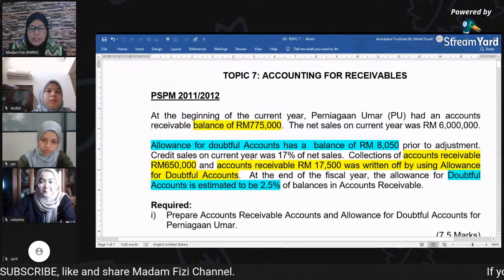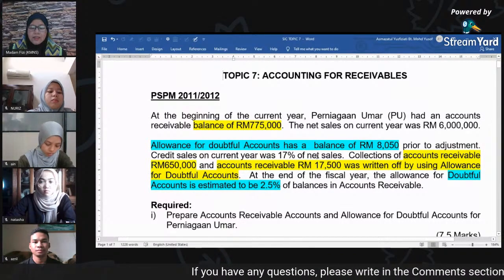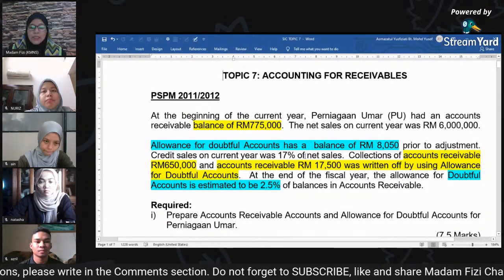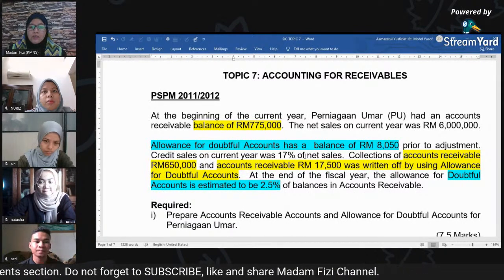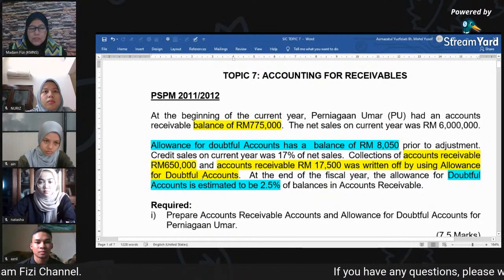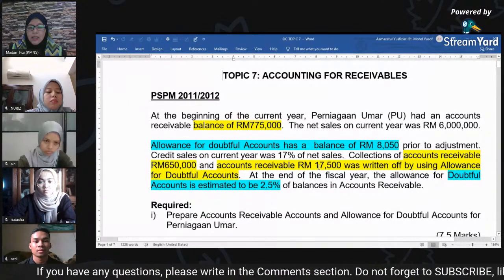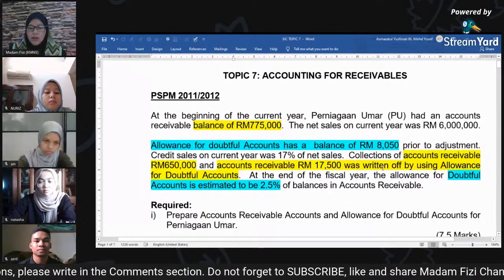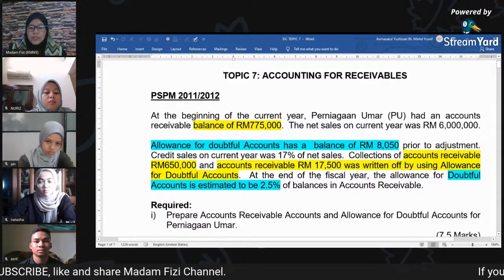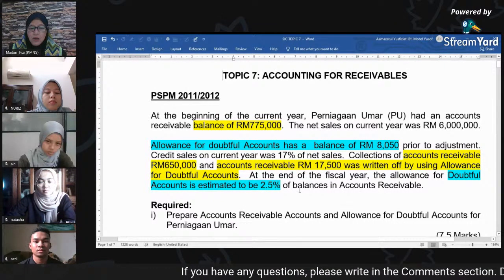Okay. Masa kita baca ni, ya, it mentioned about the net sale. Okay, if it mentioned about the net sales, it means sales have to minus sales return or sales discount. That means by net sales. Okay, collection of accounts receivable is 650,000 and accounts receivable RM 17,500 was written off by using allowance for doubtful debt accounts. At the end of the fiscal year, the allowance for doubtful accounts estimated to be 2.5% of balances